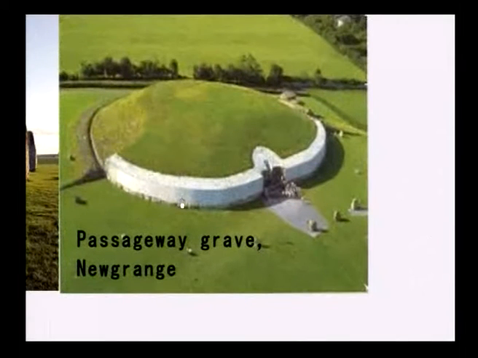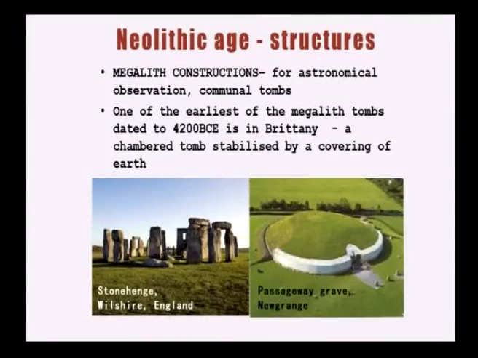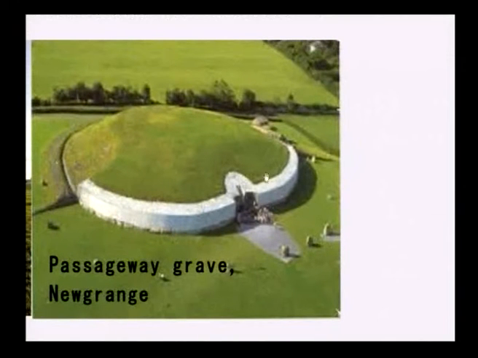These communal tombs were made of drywall masonry without mortar and with corbelled roofs. These tombs can be found in Spain and France. As you can observe from this, in the Neolithic age, more respect and importance was given to the dead. Constructing these communal graves for cremated or skeletal remains seemed to be not only an expression of reverence to the ancestors, but also a means of establishing claims to land.